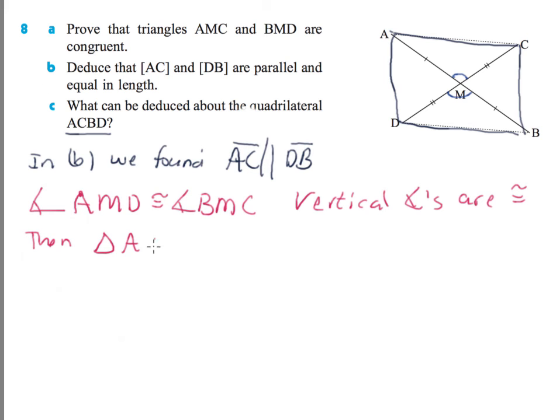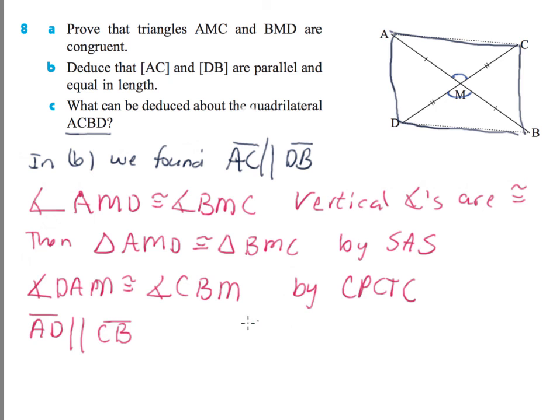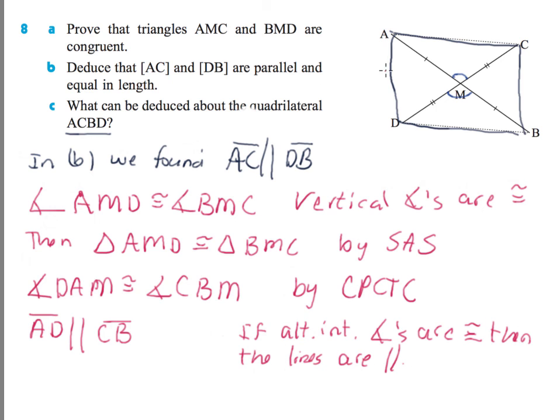Then I can get my two triangles off to the side, AMD and triangle BMC, congruent by side angle side. Since those triangles are congruent, I can also say that angle DAM is congruent to angle CBM by CPCTC, and therefore AD must be parallel to BC. If alternate interior angles are congruent, then the lines are parallel. Finally, I know that AD is congruent to BC